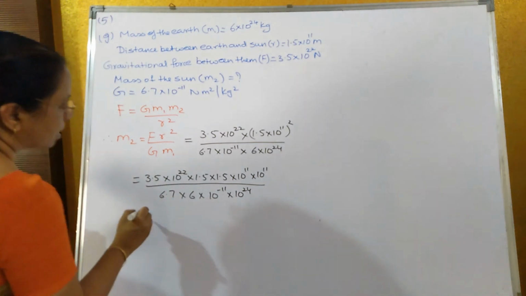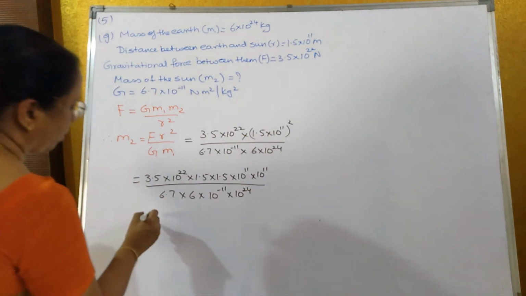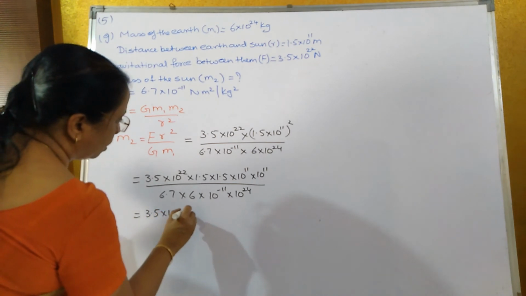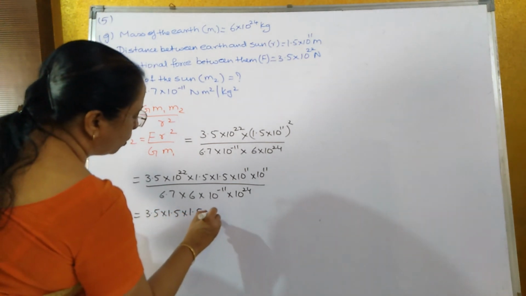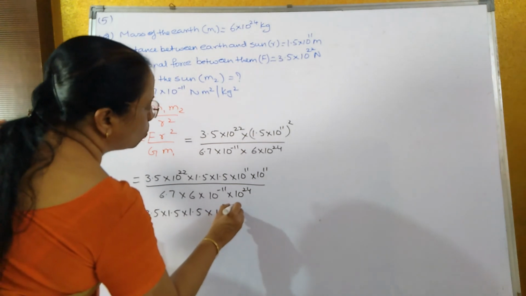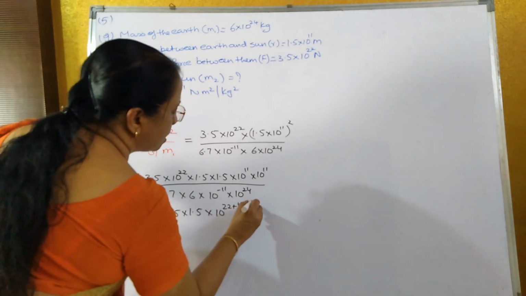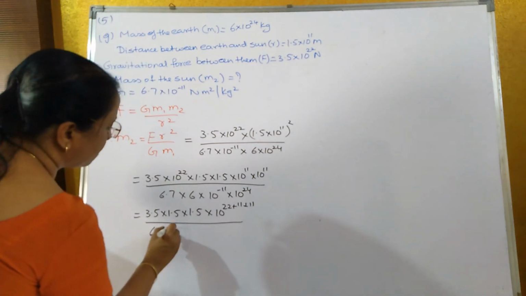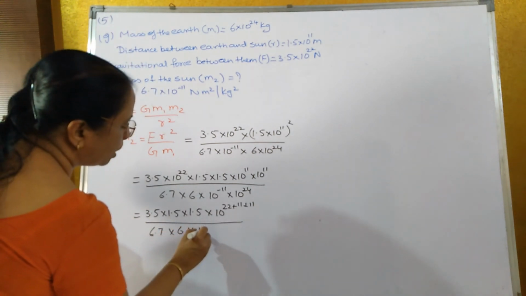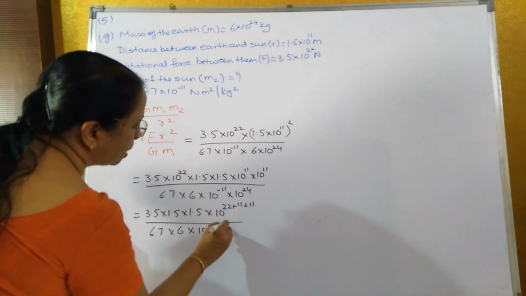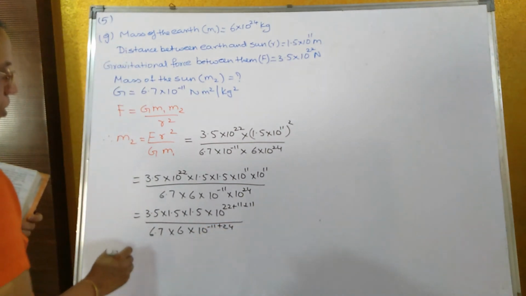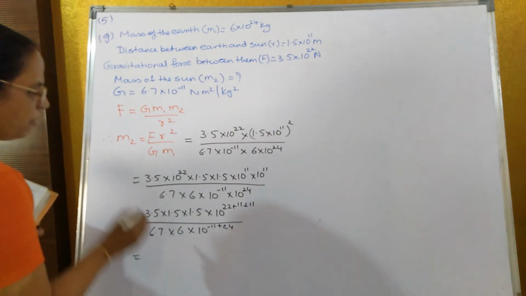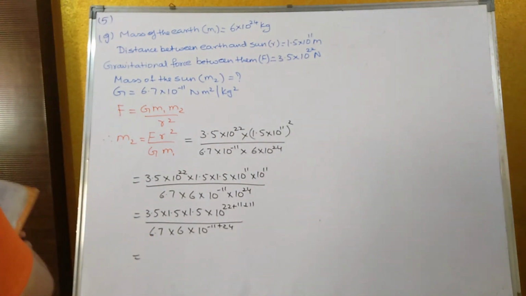So that is equal to 3.5 into 1.5 into 1.5 into 10 to the power of 22 plus 11 upon 6.7 into 6 into 10 to the power of minus 11 plus 24. When you multiply all this, you will get